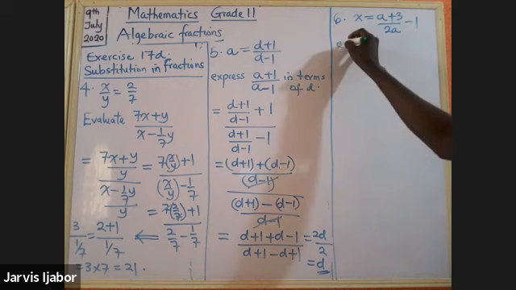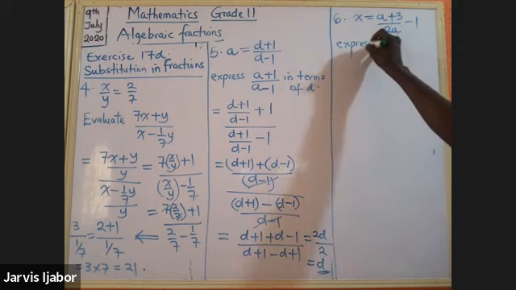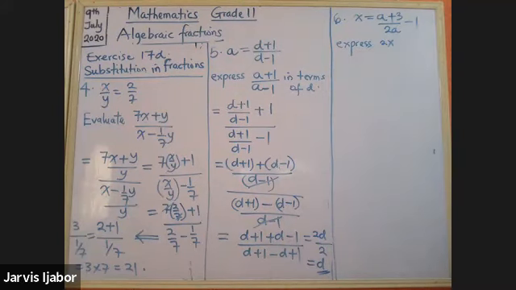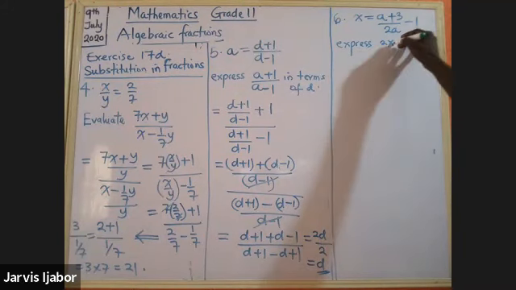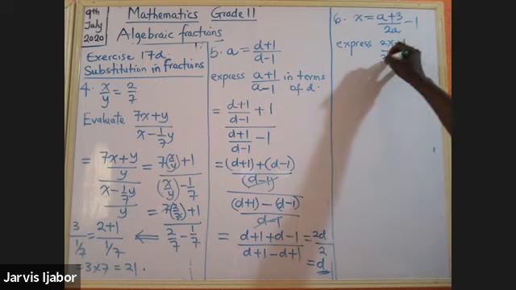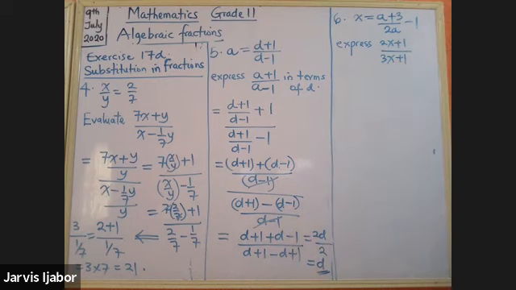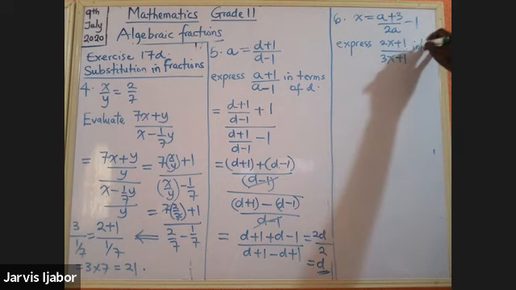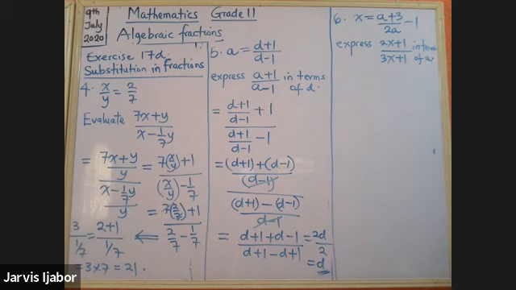So we are told to express 2x plus 1 over 3x plus 1 in terms of A. Express this in terms of A. How do you do that? Now look at it. You have